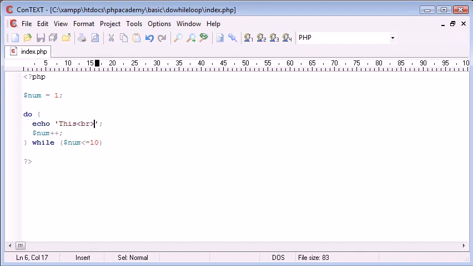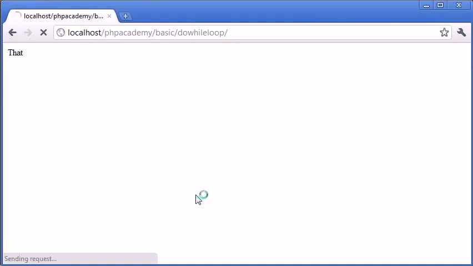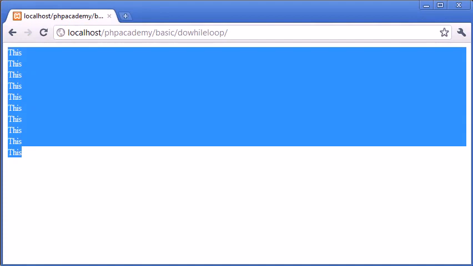We'll put a line break in there so we can keep track. This is always going to be echoed. It's going to echo once. Then we're going to add one on, which will make num equal to 2. And then this will keep incrementing round the loop until it is equal to 10, or while it's smaller or equal to 10. So if we refresh now, we get a list of 1, 2, 3, 4, 5, 6, 7, 8, 9, 10